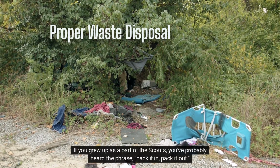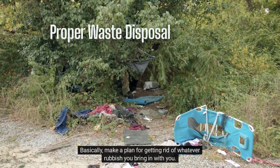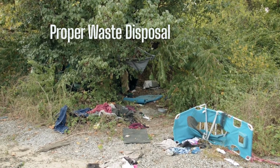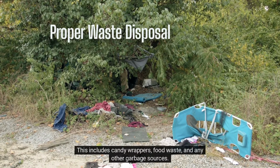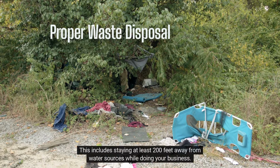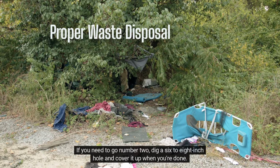it in, pack it out. Basically, make a plan for getting rid of whatever rubbish you bring in with you. This includes candy wrappers, food waste, and any other garbage sources. This includes staying at least 200 feet away from water sources while doing your business. If you need to go number 2, dig a 6 to 8 inch hole and cover it up when you're